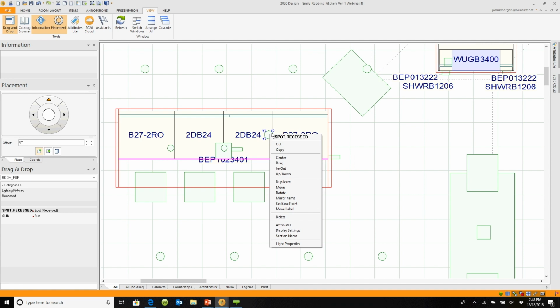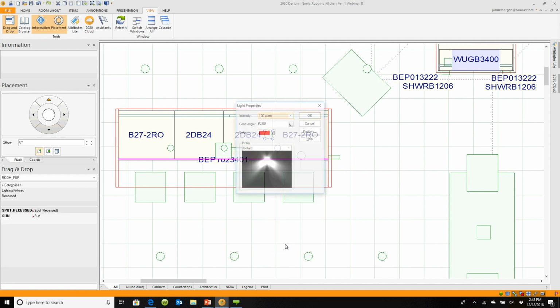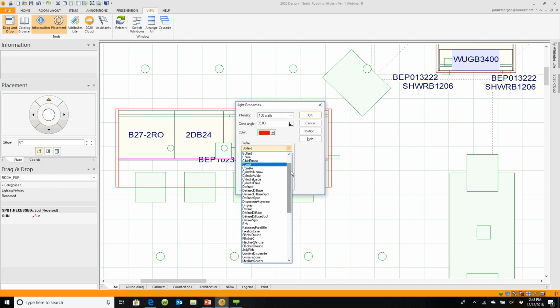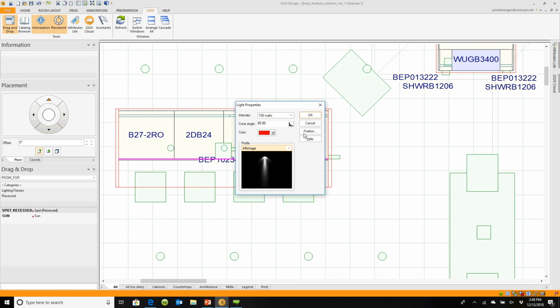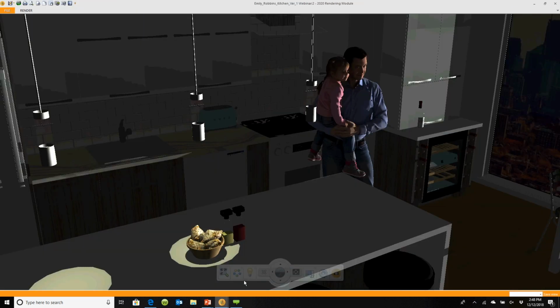And then I'm going to take that light and go into its up-down because I think it probably popped it to the ceiling. It did, so let's make it 53 inches. And then I'm going to right-click on it and go to its properties. And you'll see this is still 100 watts, still red, but I'm going to choose a different pattern. Let's come up here and let's just say we choose the first pattern here, which is more of a focused light. Now, if we come back and we look at our countertop,